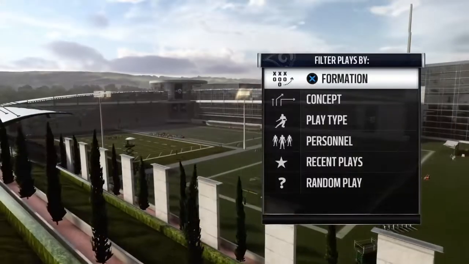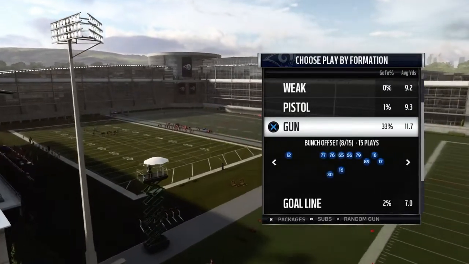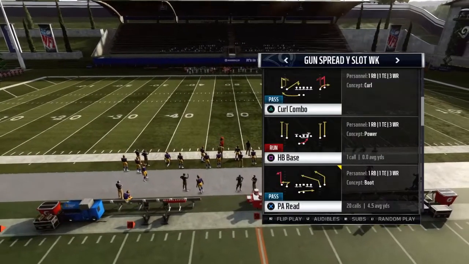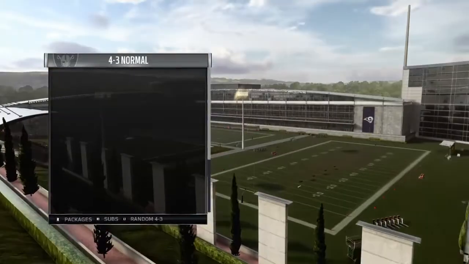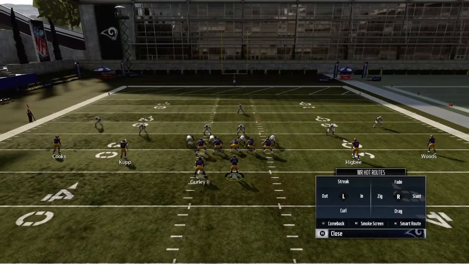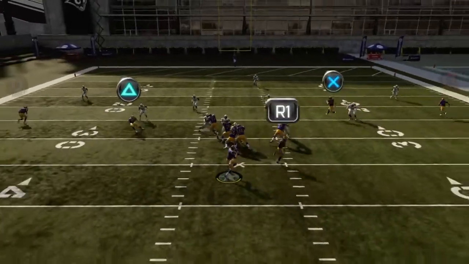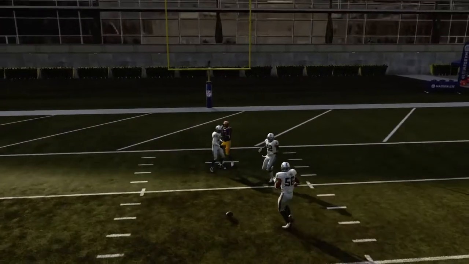Just a stack just kind of squishes everything together, obviously. So we're going to go back to gun, and I believe it is, so you're going to go to gun, spread, Y, slot, weak. Alright, so we'll just do cover 3 in this formation. And alright, so you can see obviously everything's spread out. I'm going to make Brandon Cooks' comeback route be a little bit shorter, so it won't be as far drawn out. So boom, X and circle. Circle's going to have the best